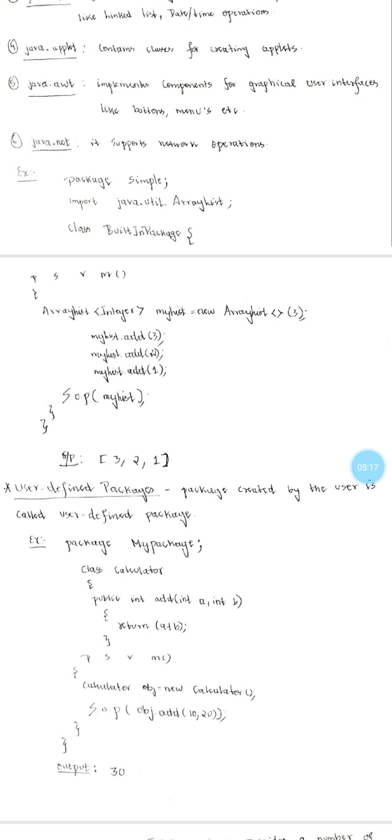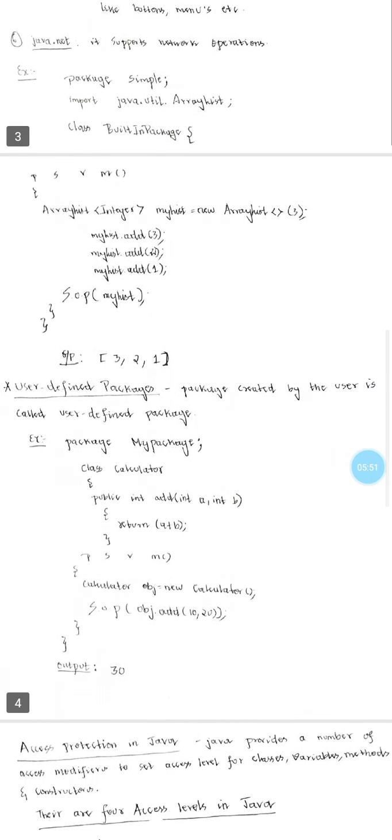We can study this ArrayList concept later, but for the time being, you should just know how to initialize an ArrayList. Here I am initializing an ArrayList of type Integer, and I am giving the name for that ArrayList as myList, equal to new ArrayList of size equal to 3. So this is how I can initialize an ArrayList, and by using myList I am adding 3 integer numbers 1, 2 and 3, and I am printing System.out.println(myList). Now the output will be 3 2 1.